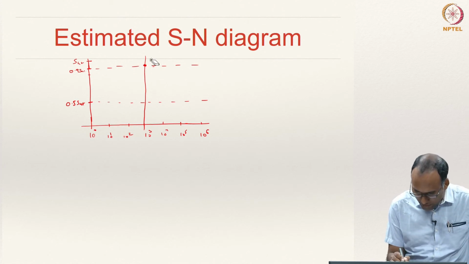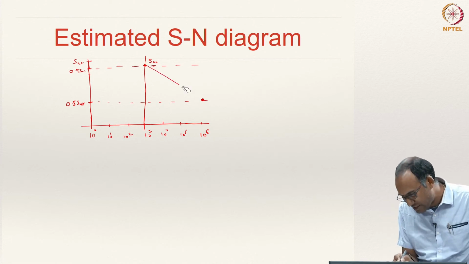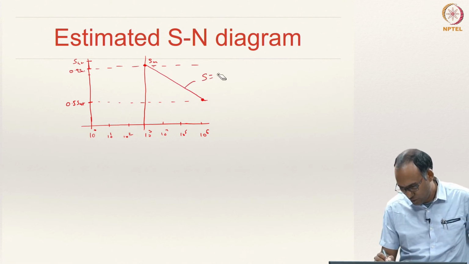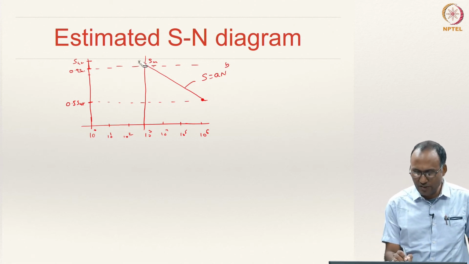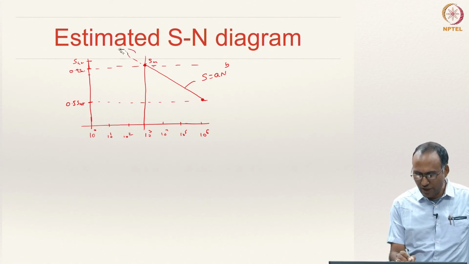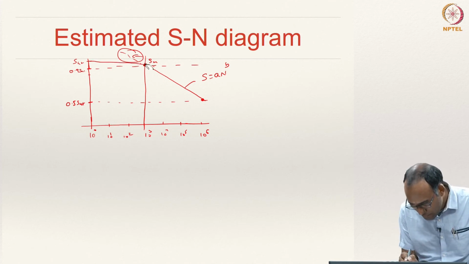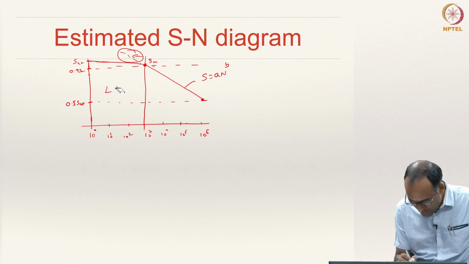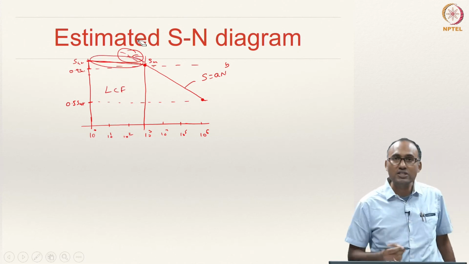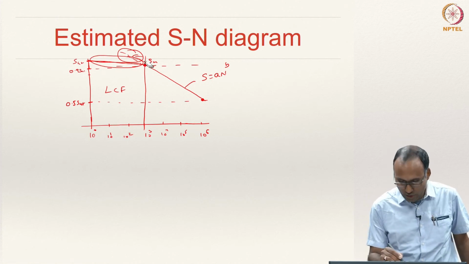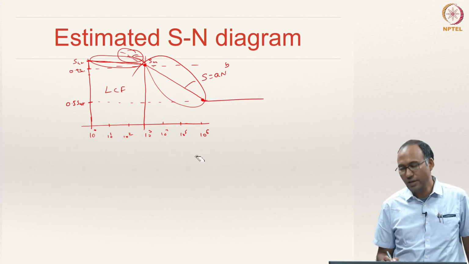that is the point SM, and SE is here, and that is my straight line, that is my S equal to A n power B. The first point is here. This line, even if you extend it here, actually is not valid beyond this point, from here to here, because the material has to fail in the LCF regime. So, that is another line, but we are not concerned about this line at this point of time. We are doing the stress life approach. Stress life approach is only applicable in the HCF regime. So, we are only talking about this line, and then it is a straight line here, right.